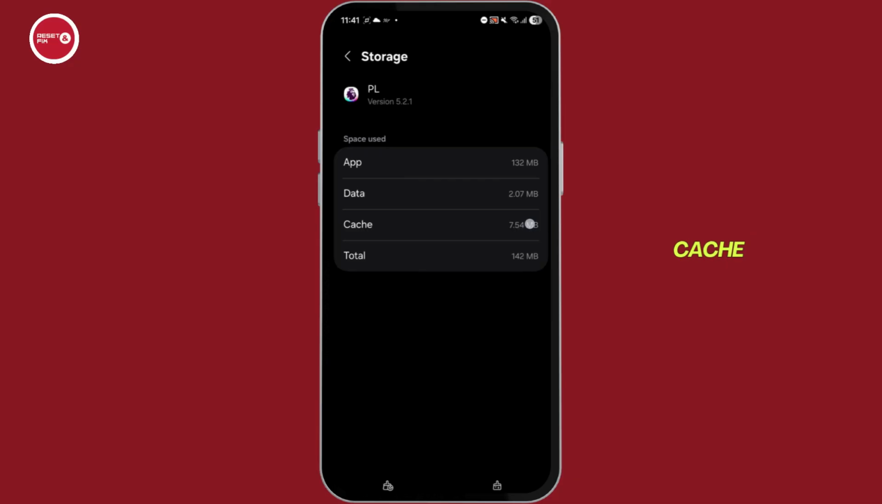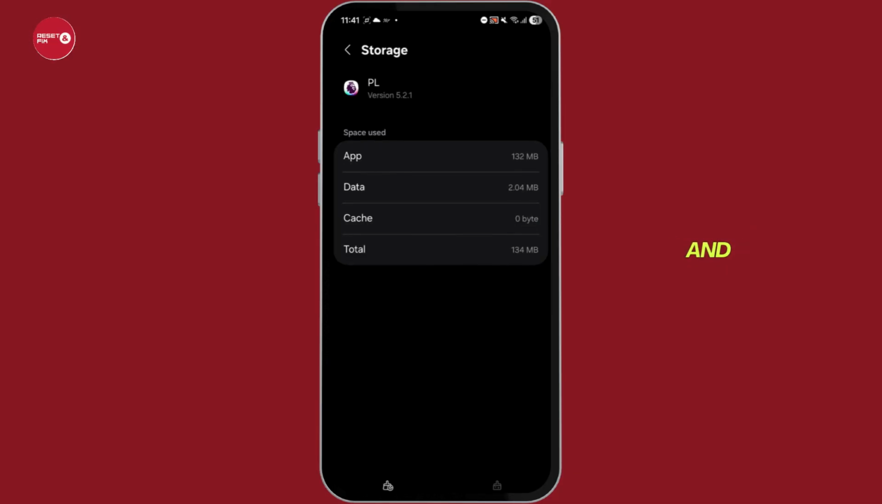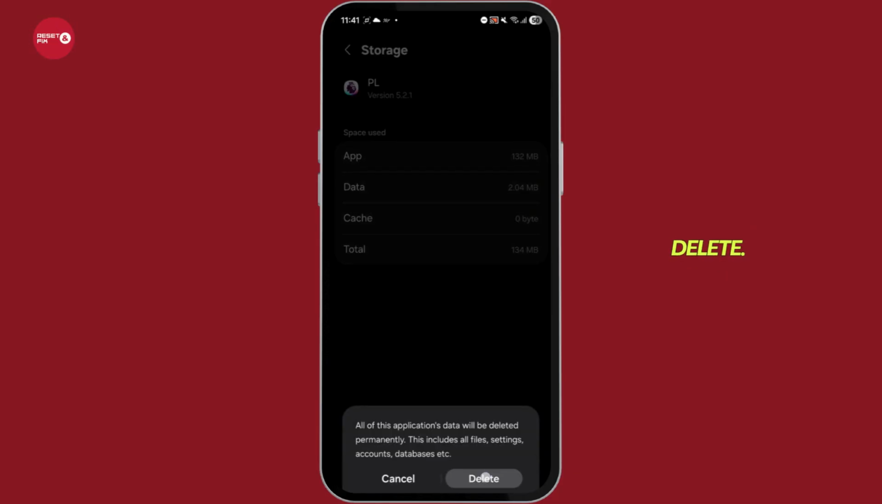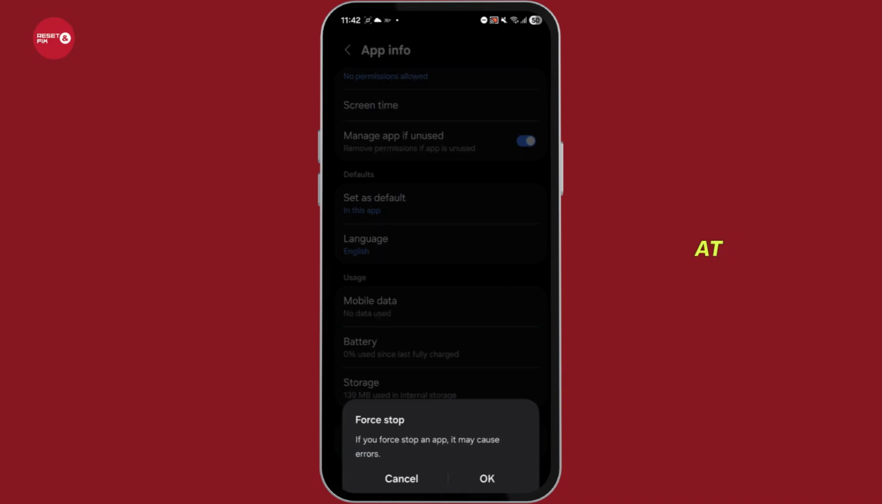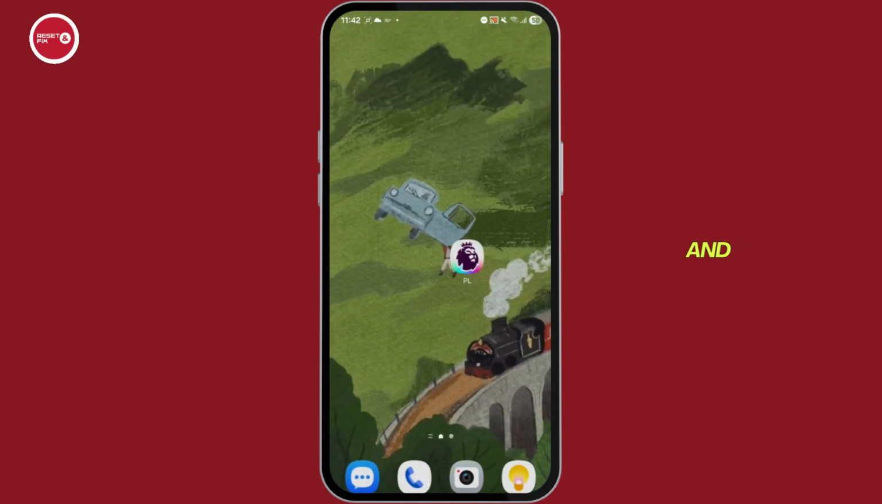And after that you'll find cache option. Simply tap on clear cache and tap on clear data, tap on delete. But before you tap on clear data, make sure that your achievements or team are saved on your Google account, or you can just skip this part. Then simply head back and tap on force stop at the very end, tap on OK, and simply try to